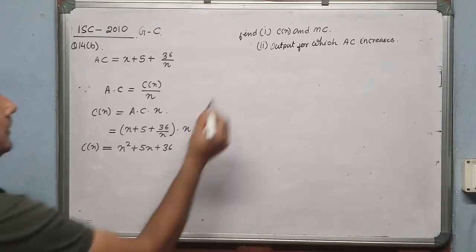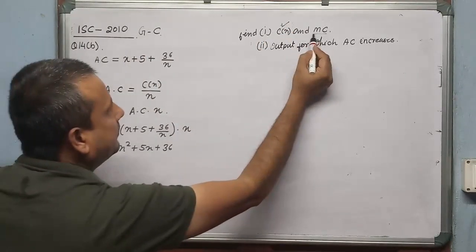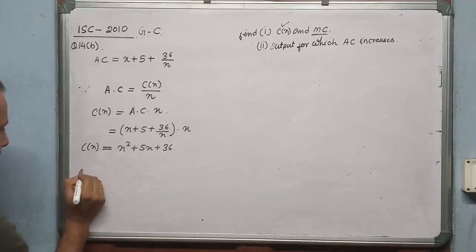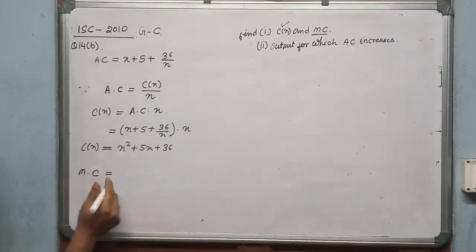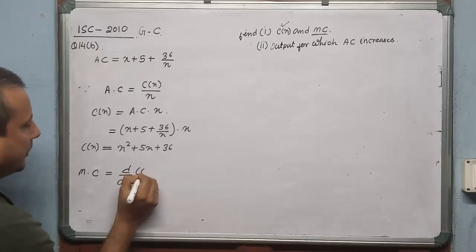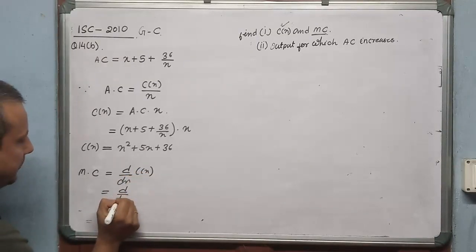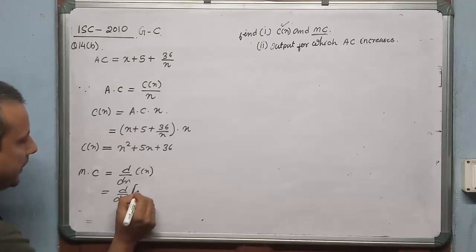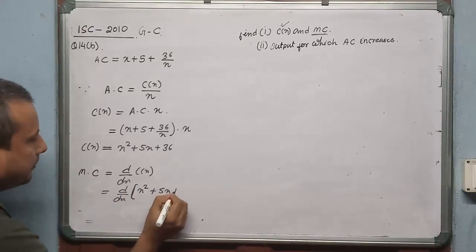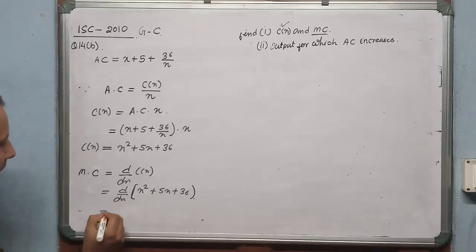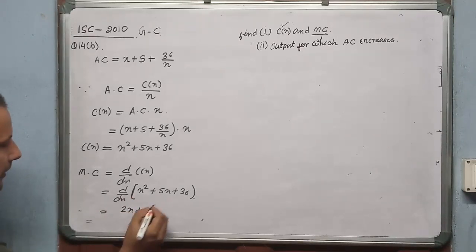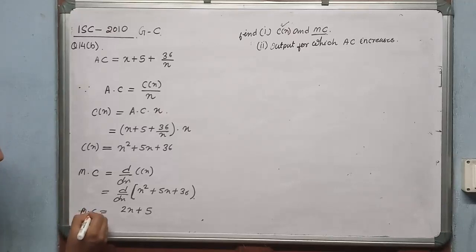After getting the cost function, first answer, then after that you have to calculate the marginal cost. Marginal cost means marginal means derivative of cost, dy by dx of cost, and the cost is x square plus 5x plus 36. Derivative of x square is 2x, plus derivative of 5x is 5 and derivative of 36 is 0. Then marginal cost is 2x plus 5. Now after calculation of the cost function and the marginal cost, the next concept is output for which the AC